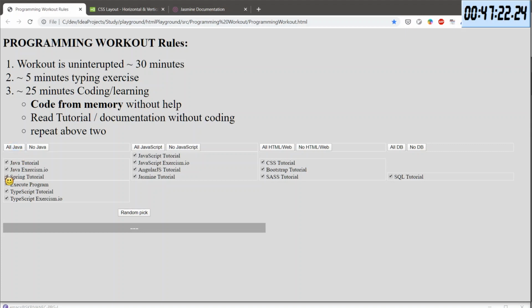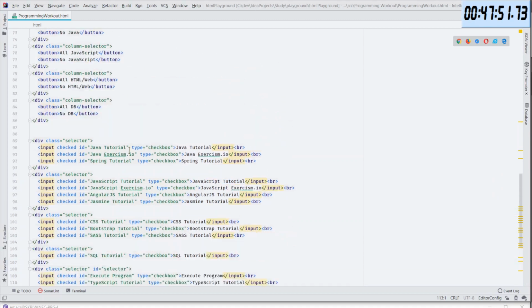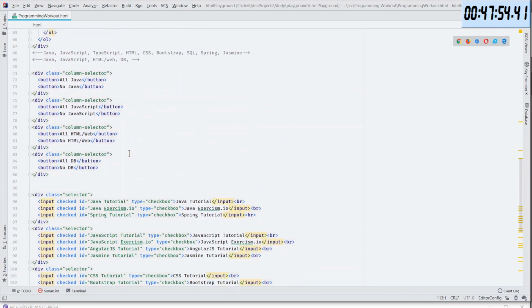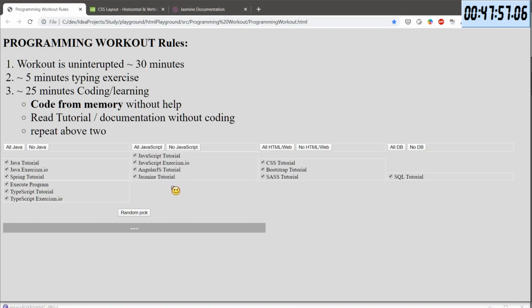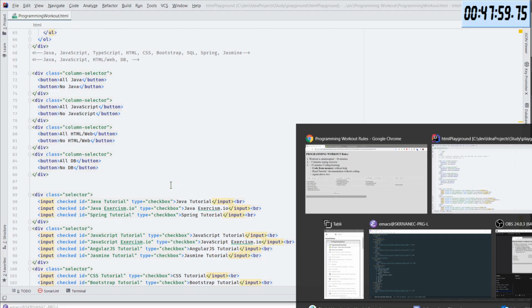If I click this, everything should be checked. If I click this, everything should be unchecked. And the same goes for those. I will probably write a function in which I will give an ID of the thing, and then it will disable or enable all of them. So let's do that first, because that's something I'm sure I want in either case.